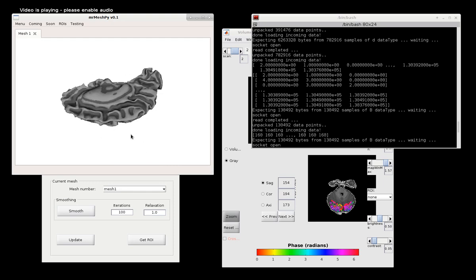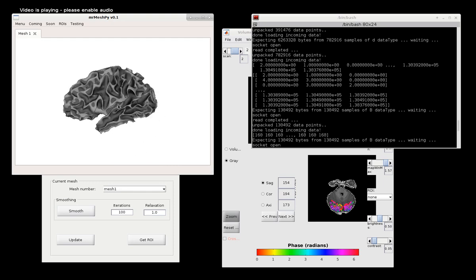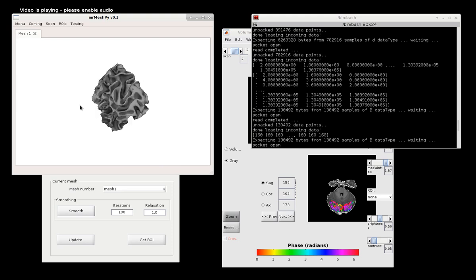It launches upside down at the moment. That's something I'll fix in due course. It's just a camera setting. But okay, so for some basic interaction, I believe the key bindings on your mouse are still the same as they used to be in mrMesh. So if you left-click, hold down your mouse in this window, and you drag it around, you can do